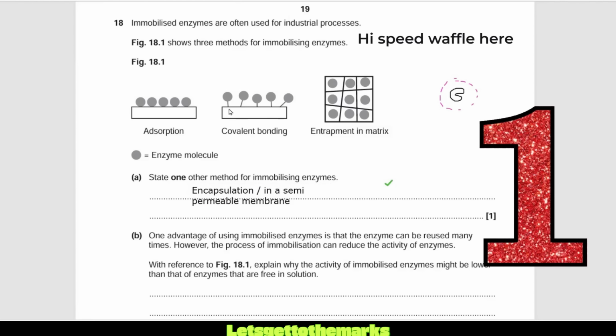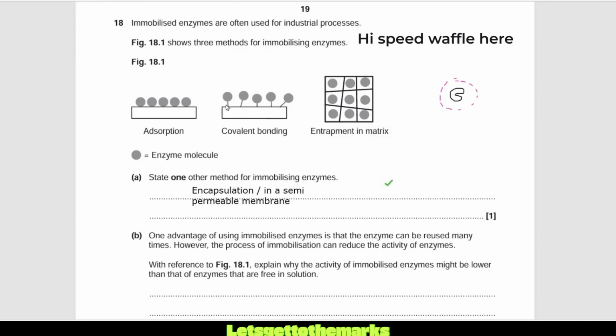Like covalent bonding is kind of cool. What happens is you covalently bond the enzyme to a surface, and this increases the stability, so the enzyme can now operate at a wider pH range. So if the enzyme's optimum pH was pH 6, by covalently bonding it, you might now expand that range to it operating at pH 5, pH 6, and pH 7. You can also widen the temperature range, so maybe it would normally denature after 40 degrees. However, maybe now it's more thermodynamically stable and will only start denaturing after 50 degrees. So therefore, you can use high temperatures to increase your rate of reaction.